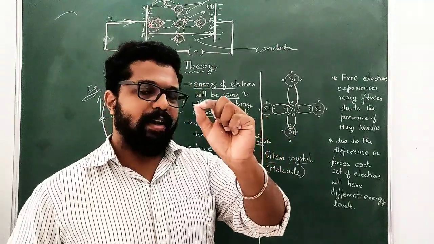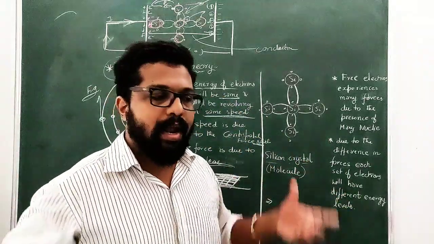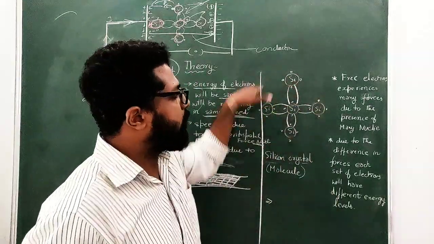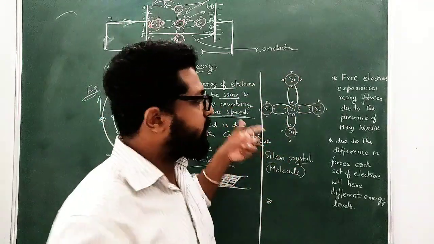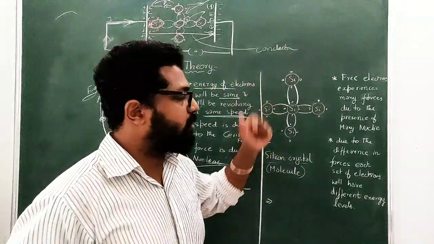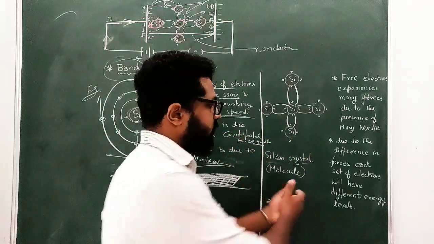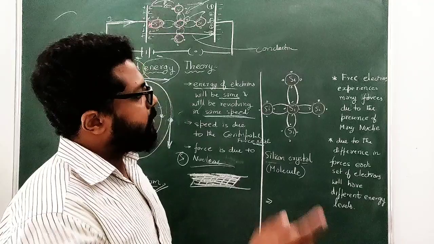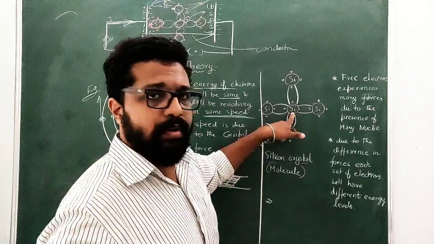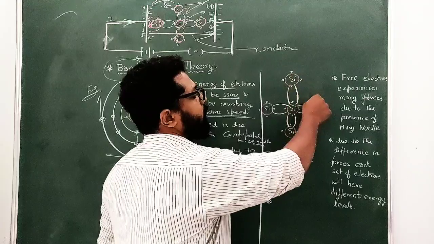Even a gram of sand, if I take it, is nothing but a combination of thousands of nuclei of silicon, arranged in a diamond shape in a certain way. In the silicon crystal, this is the structure because of the covalent bonding formation, the diamond structure of silicon. This silicon structure is nothing but a silicon molecule also, I can tell. Here, you can see there is not only one nucleus present. There are so many other nuclei present, each with 4 outermost electrons.